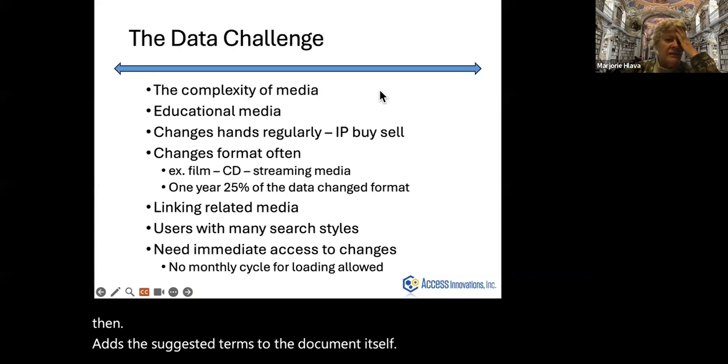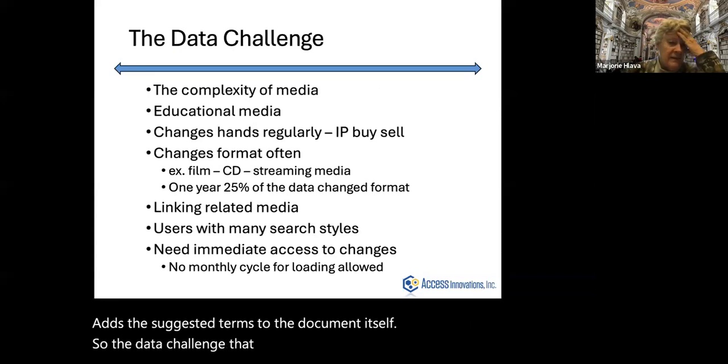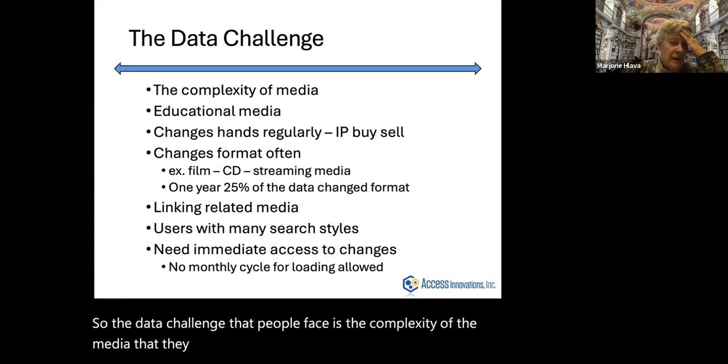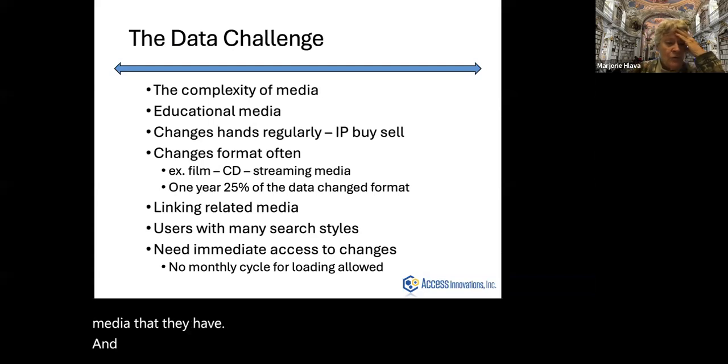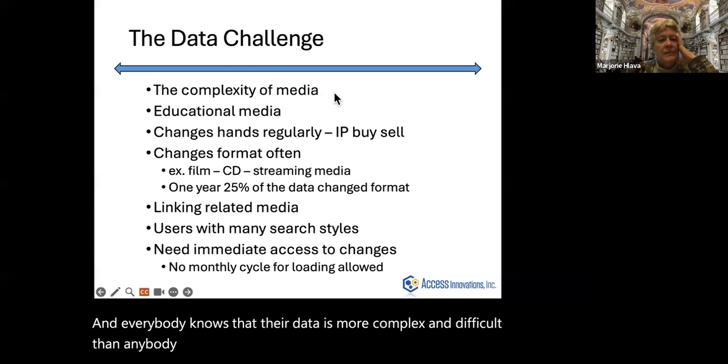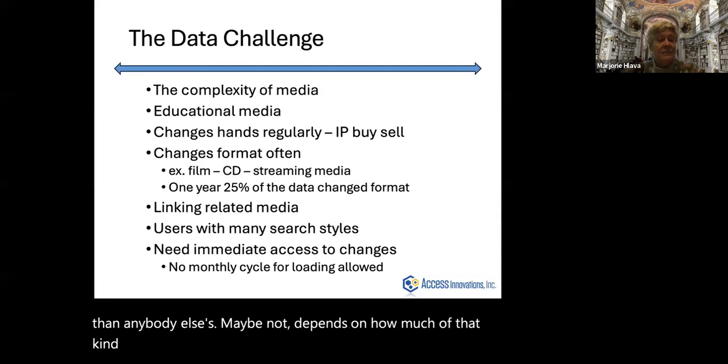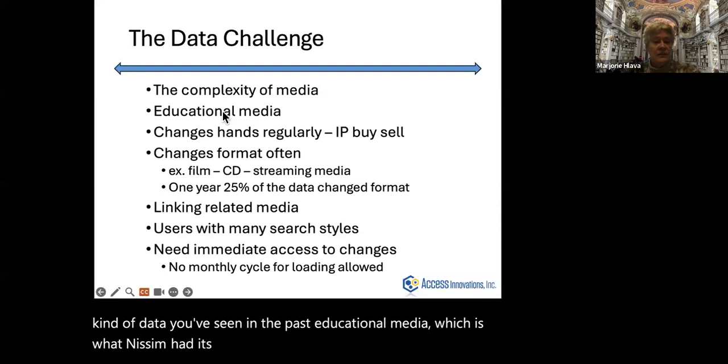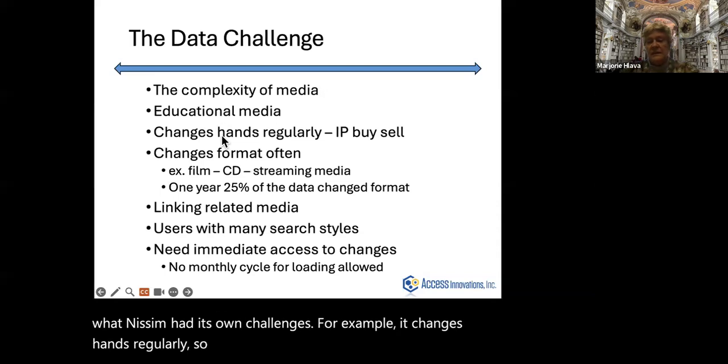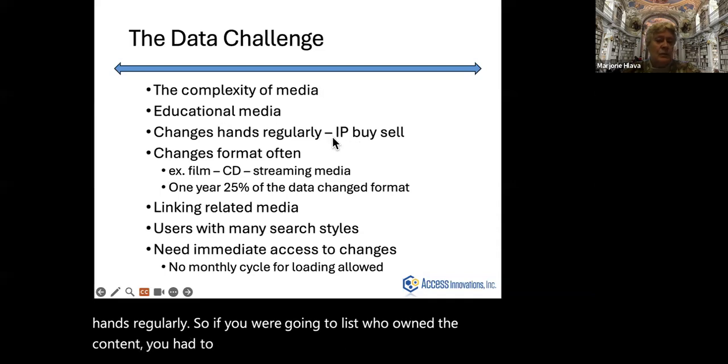So the data challenge that people face is the complexity of the media that they have. And everybody knows that their data is more complex and difficult than anybody else's. Maybe, maybe not, depends on how much of that kind of data you've seen in the past. Educational media, which is what NISM had, had its own challenges. For example, it changes hands regularly. So if you were going to list who owned the content, you had to constantly keep track of who owned